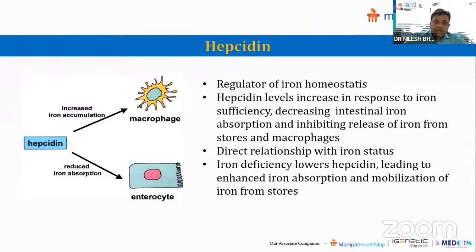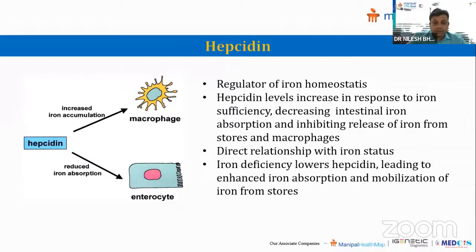Similarly, when there is an iron deficiency, it lowers the hepcidin level. Since the hepcidin level is lowered, it leads to enhanced iron absorption from the duodenal enterocyte and release of iron from the iron store, that is, the macrophages. So that's how it regulates the iron